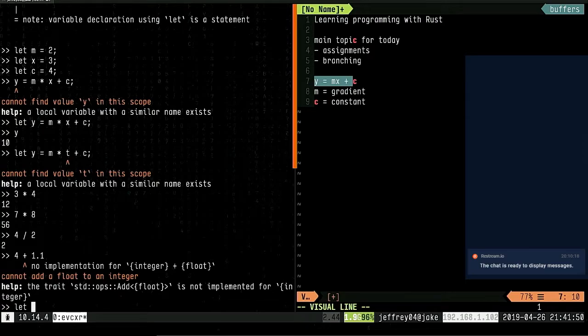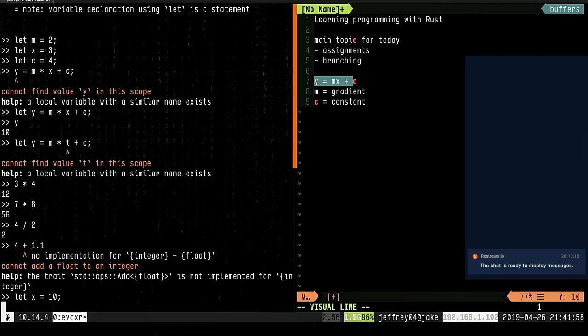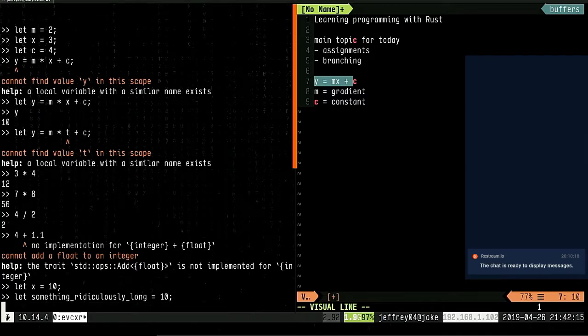It can be something very simple like mathematical, like x equals 10. It can also be something ridiculously long, like this. And so when you call this a variable,